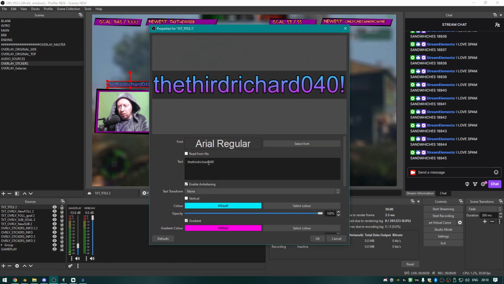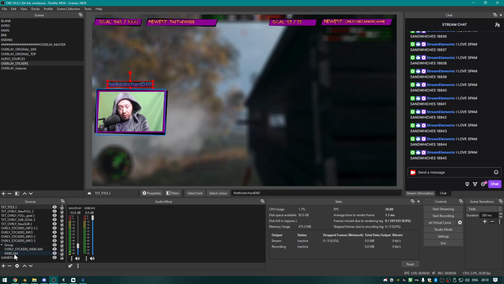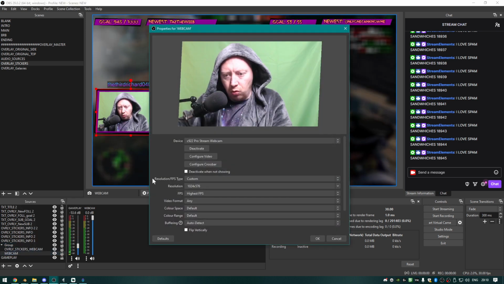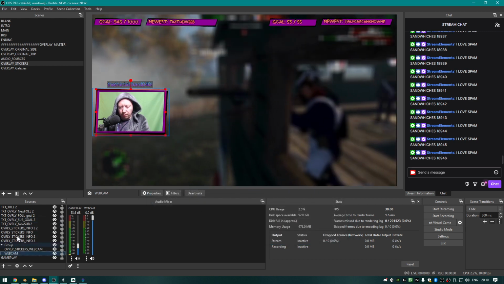If you have a webcam in your scene, nope, this isn't the webcam. The webcam's in this group. We literally just made this. You need to right-click it and click deactivate when not showing. The reason for this is